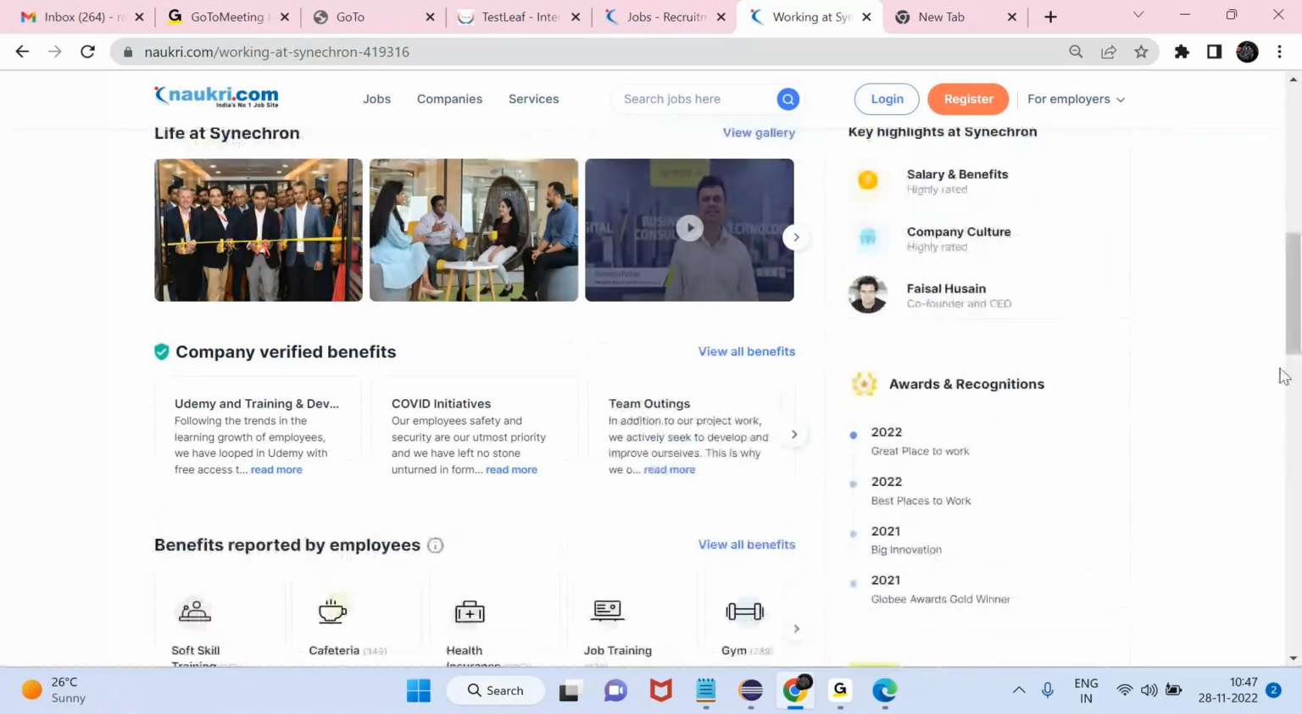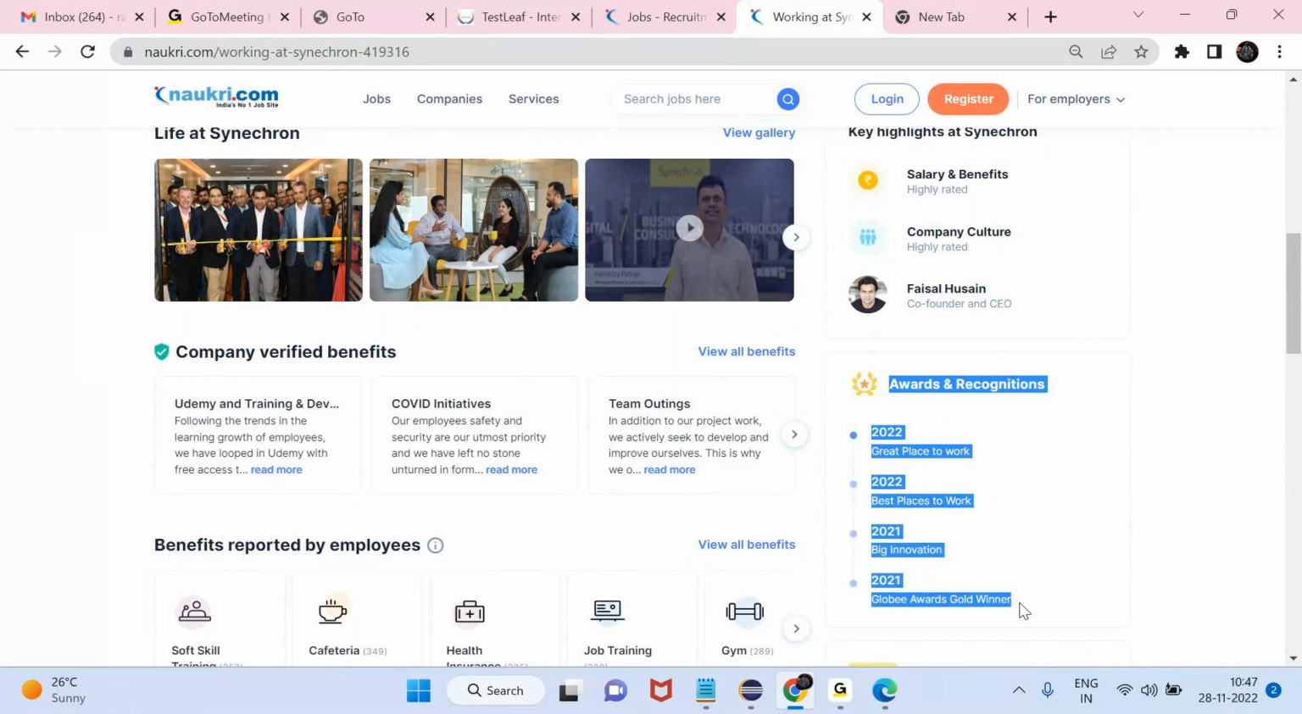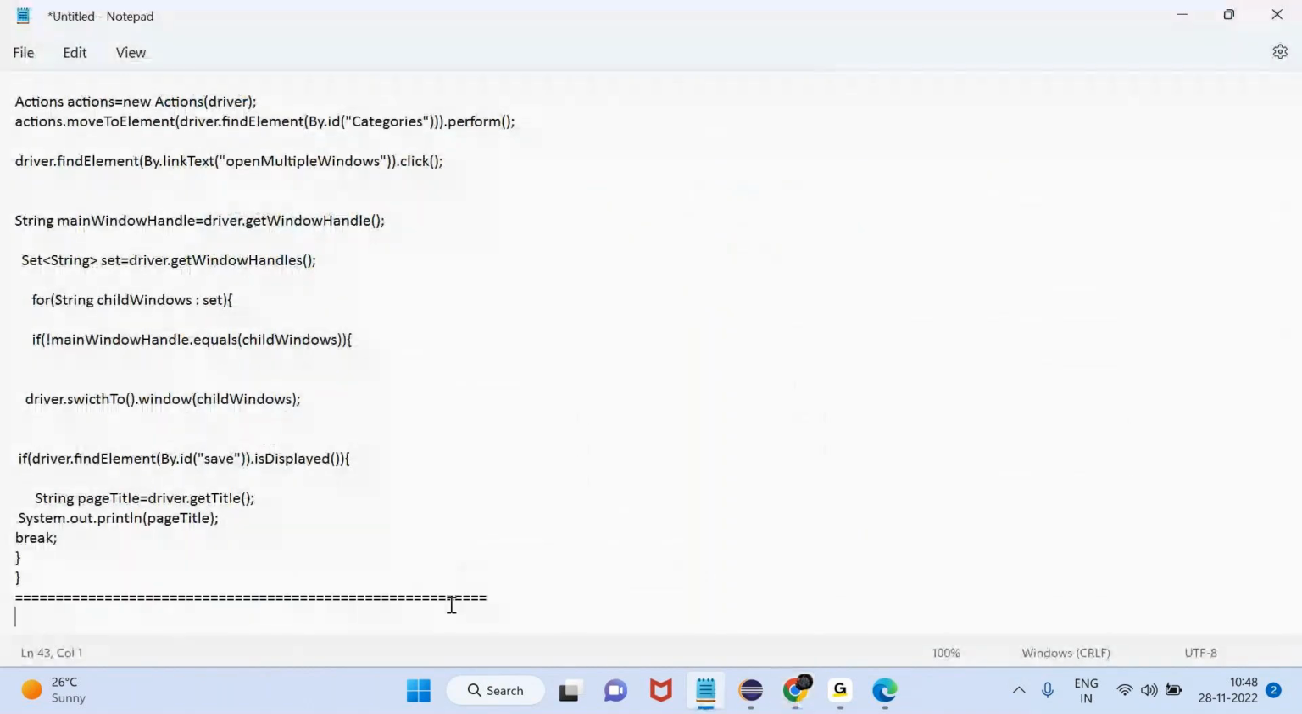Here we have awards and recognitions. Under this, how many awards we have? You need to print everything. Please try to complete this as a task. Tomorrow onwards I am going to start with